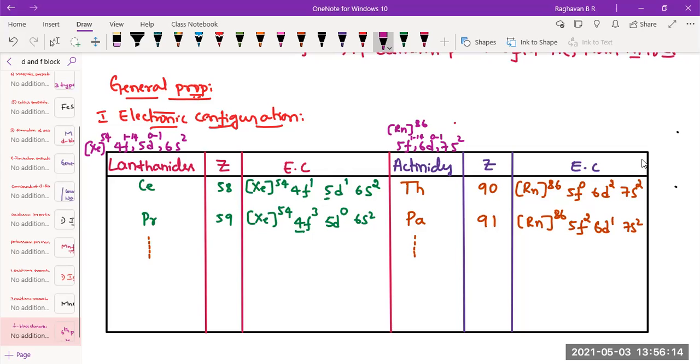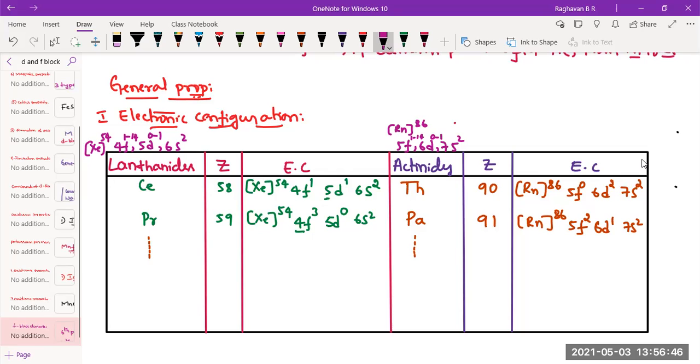Sir, in the lanthanide 58th one, why does one electron go to the F shell and one to the D shell? Why can't they first fill one and then go to the other? Yeah, that is where exactly it has to be explored. If we extend the same reasons that we gave for D block elements to F block also, they could be applicable. But in many cases, it is less explored. F block is less explored.